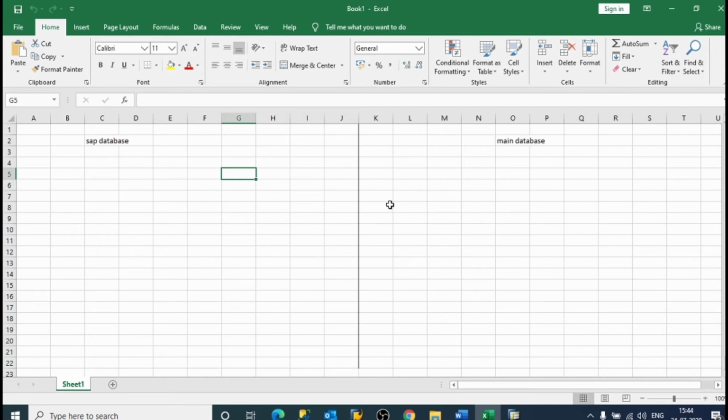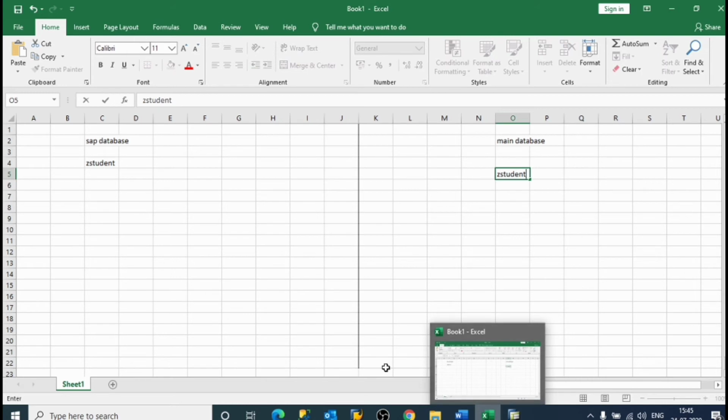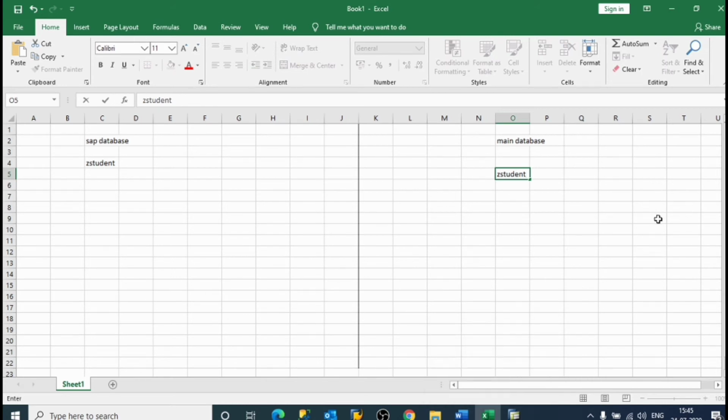Suppose I create a table ZSTUDENT in the SAP database, it will automatically be stored in the main database, which means when you create a table in the database, it automatically creates a table in the main database.